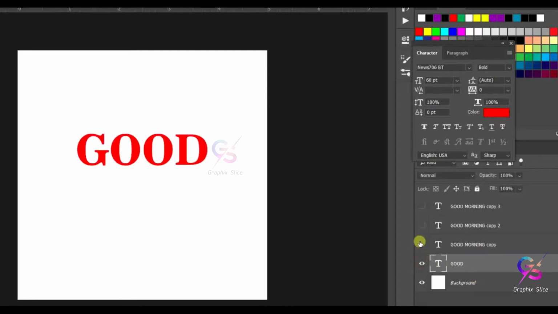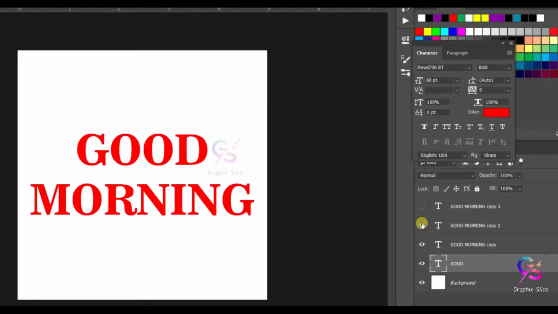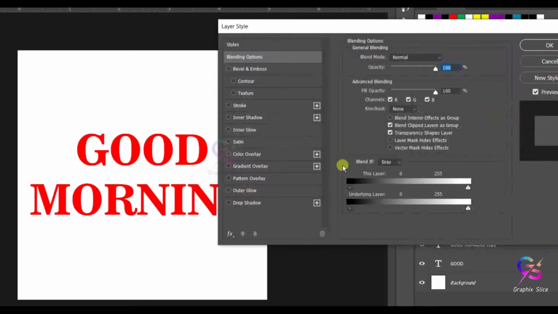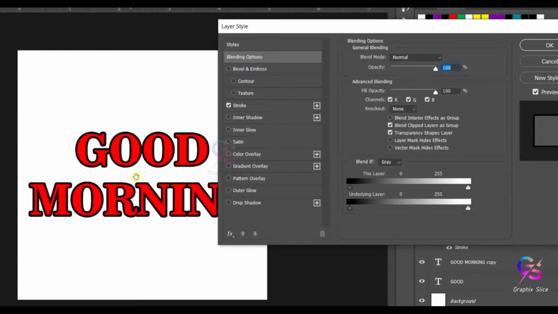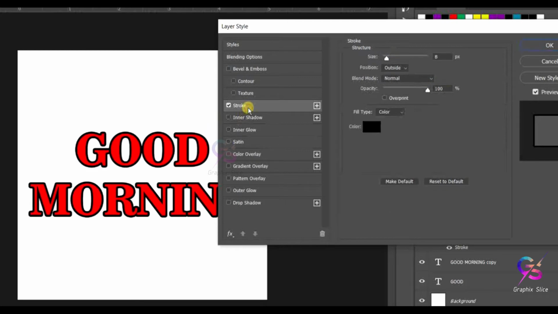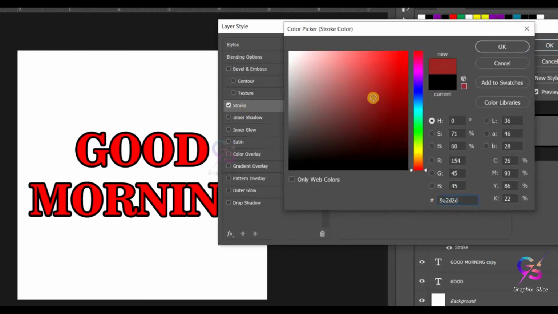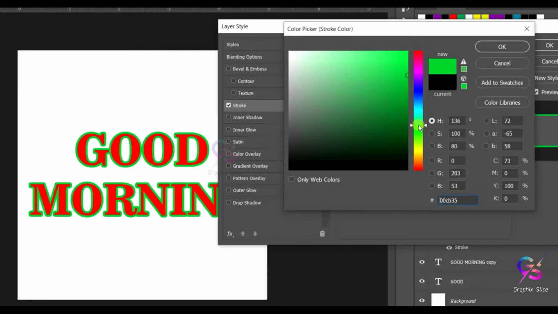Okay, so hide all the four images. First one is right, second one is okay, third one I'm going to add some strokes or some effects. Just double click here, you will get the layer style manager. In that just click stroke. So what about the stroke value? The stroke value is 8 and the color is black. You can change the color also. Outer color you can set any darker color. I think black is better.